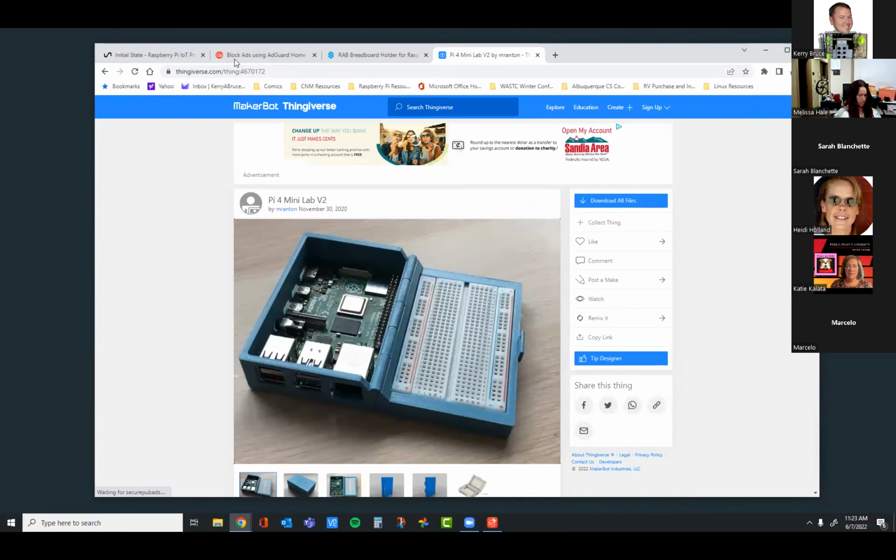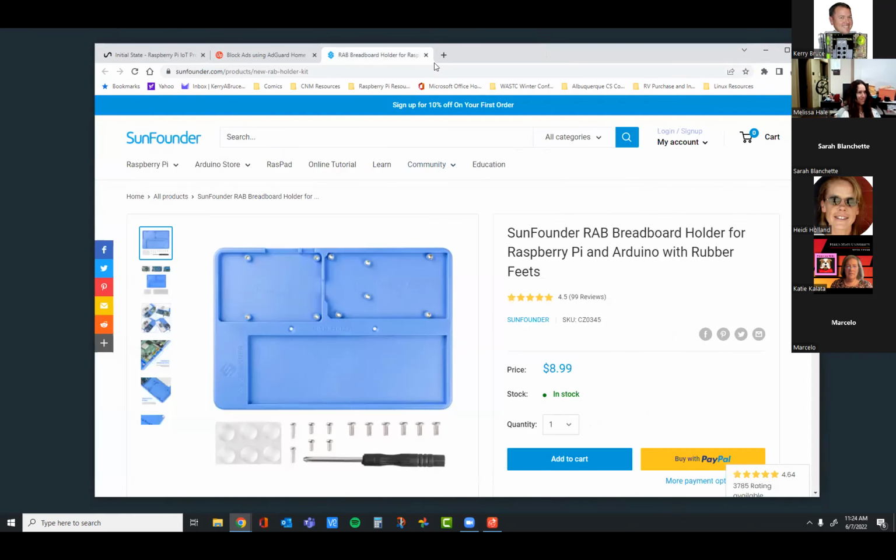Yeah, I like having access to that printer. We got lucky. We got a printer and a laser cutter. We got a Glowforge. Oh, okay.